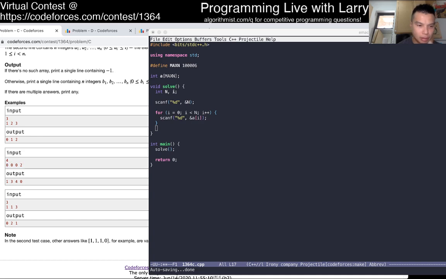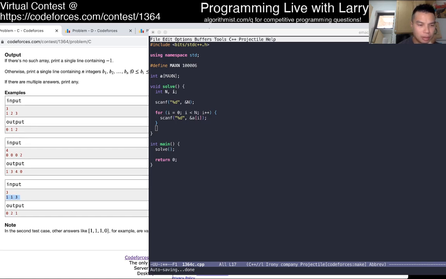So for the first 0, we take the smallest number that doesn't appear in the rest of the set. Well, in here, is that true? In here we need a 1, because if we don't have a 1, then we can't get to 3. So there's a 0, that's fine.